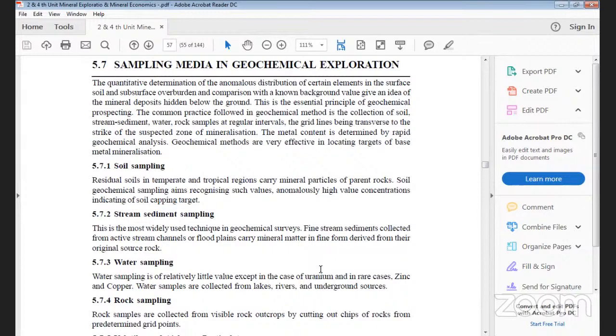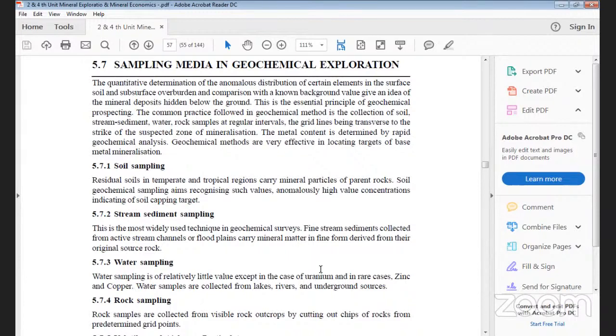For geochemical prospecting, the common practice followed in the geochemical method is collecting soils particularly. But not only soils, we also collect stream sediments, waters, rock samples